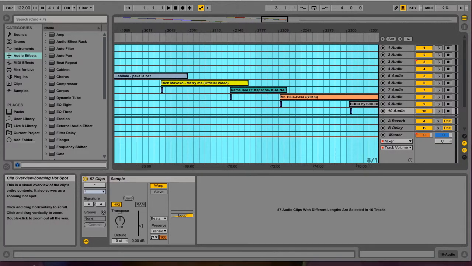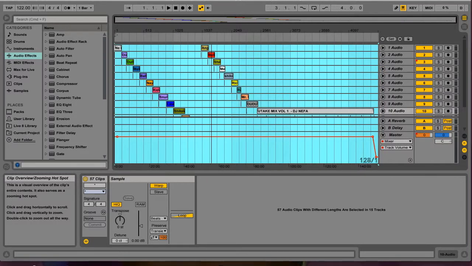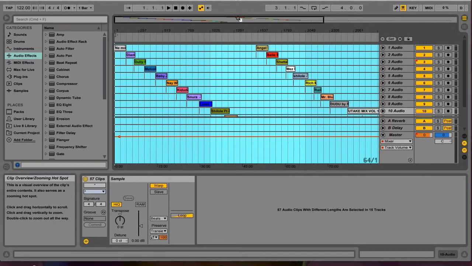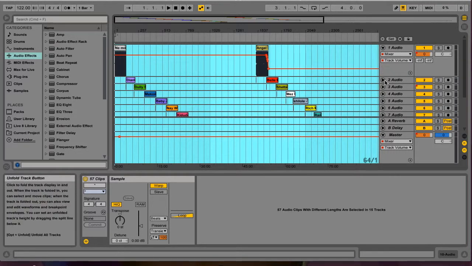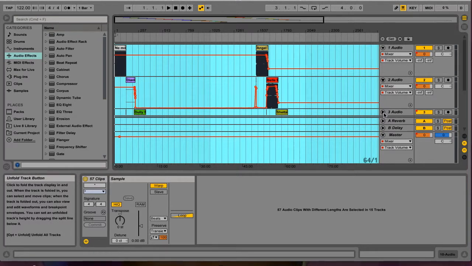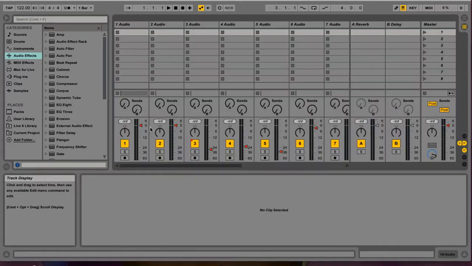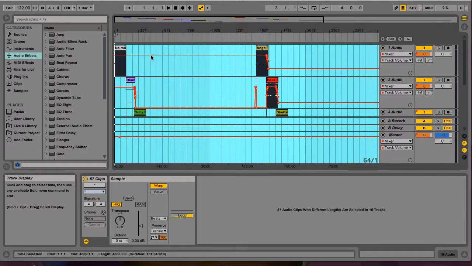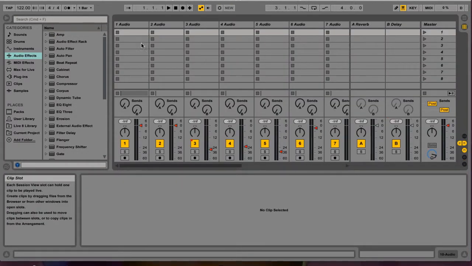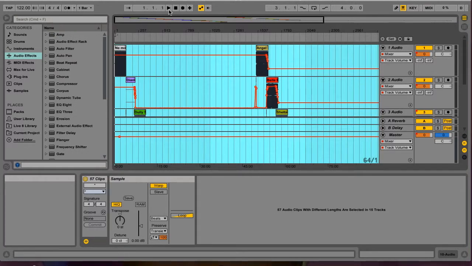This is how I did it. You can see how they are aligned together in a sequence, or you can view them like this. So when you hit play,